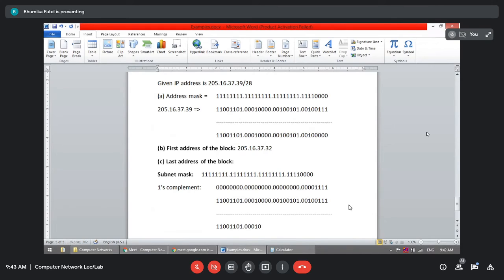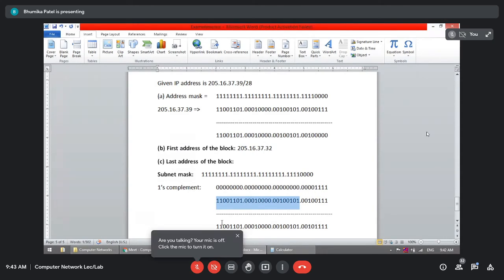0 0 0 1 0 0 0 0, 0 0 1 0 0 1 0 1, dot. Now just perform this OR operation between these two. So 0 0 1 0 1 1 1 and 1. Okay, so for this portion, what was there in the previous case will be repeated here again, right? And here it will be this.